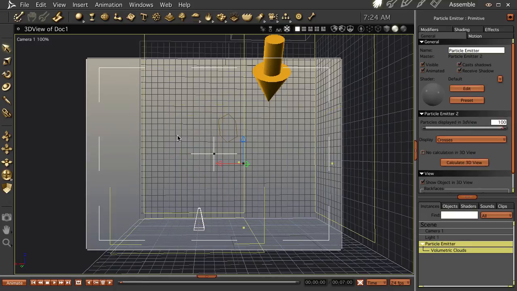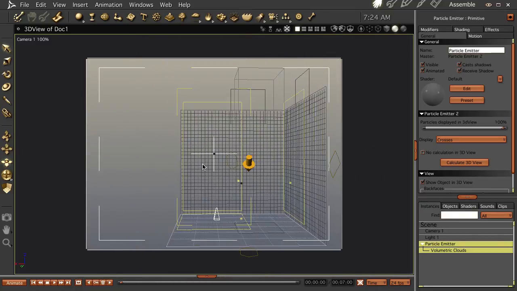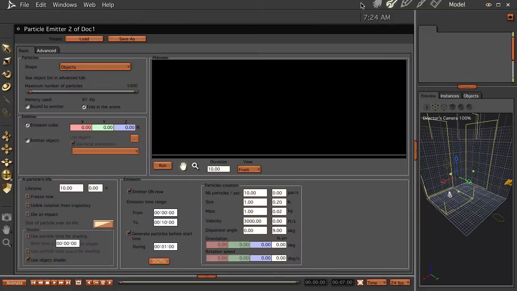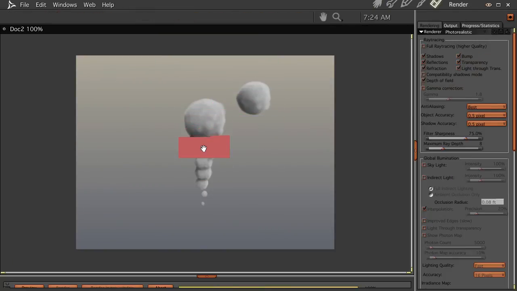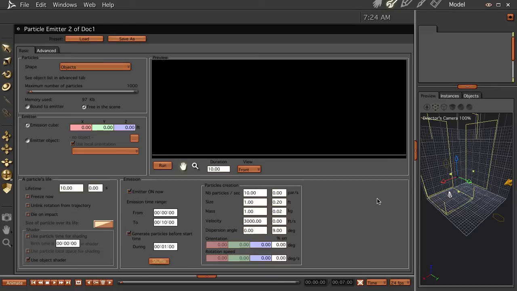There we go. You crank that all the way up, and even if you can't see it, you have a general idea of where everything's going. See that? All right. Kapow. Let's render. And see, we have nice little trails of smoke. That's what we want. Now, if you want to kind of shape your clouds,